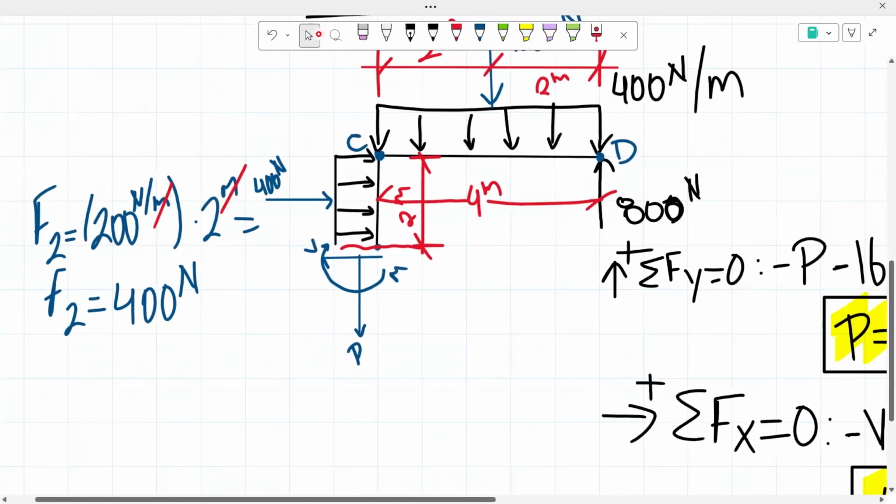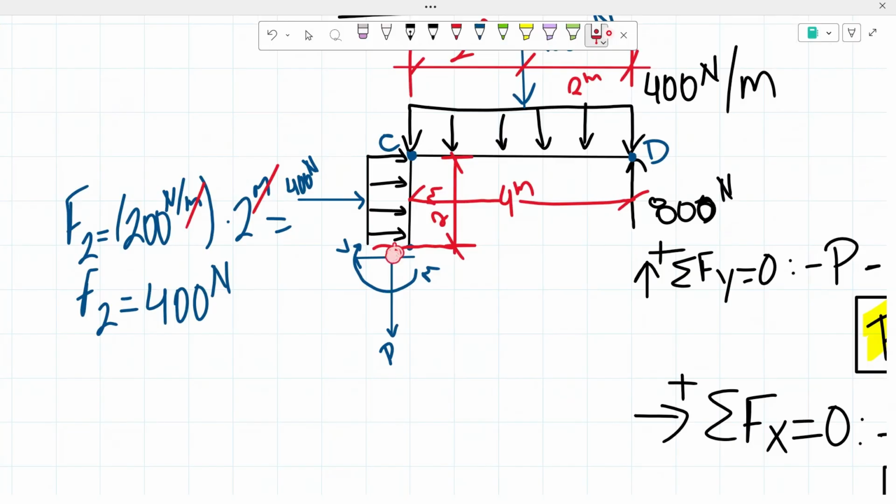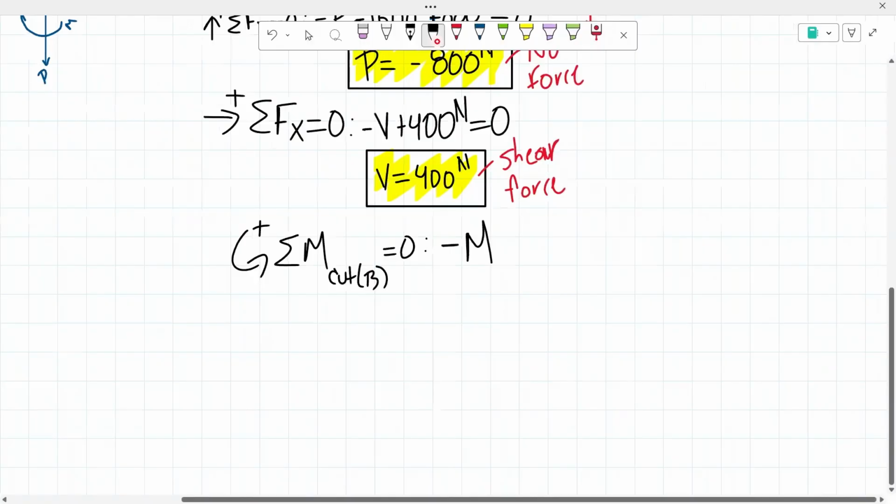From there, we have our 400 Newton concentrated force. And since we're taking the moment about our cut, we know that this is also going to be creating a clockwise moment, so a negative moment, with a force of 400